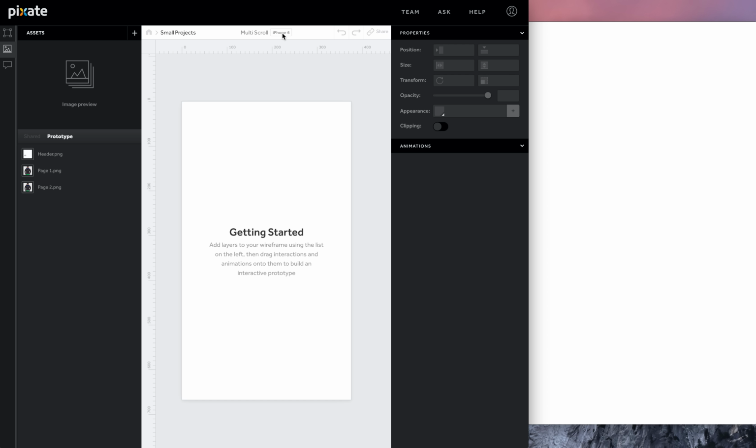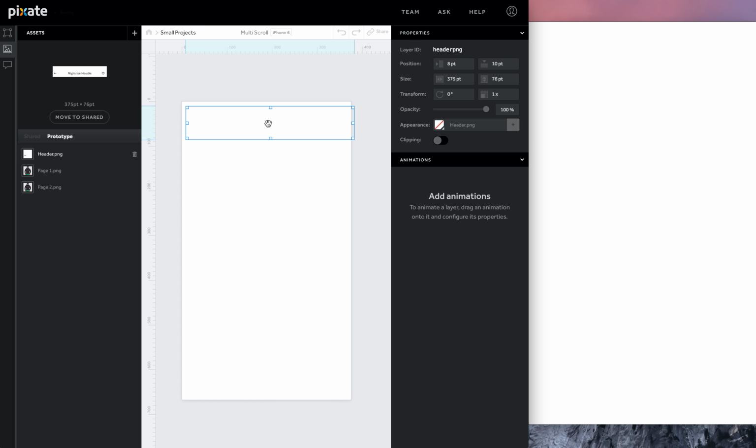So I'm building this on an iPhone 6, so make sure that your canvas size is an iPhone 6 size, and I've got the layers dropped in here already. If you don't have those, you can download the asset pack from my website. So we'll start with creating the architecture of the app. First, let's just drop in the header,